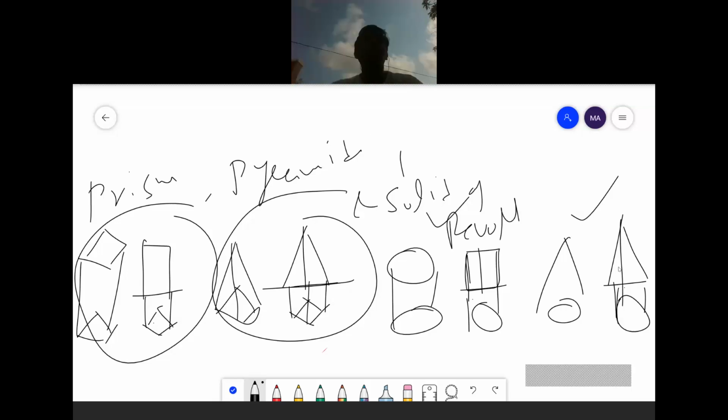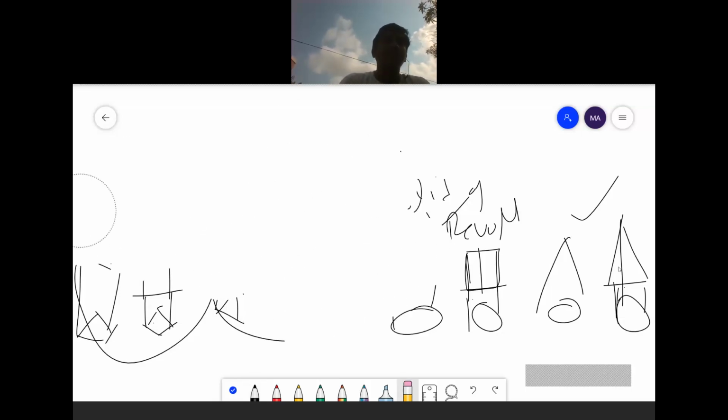So here we are going to study the solids. Understand? A solid is a three-dimensional body which has six faces. It has a base and height. It has length, breadth, and thickness, or length, breadth, and height. It is a three-dimensional object. Here you are going to draw the solids in isometric projections.